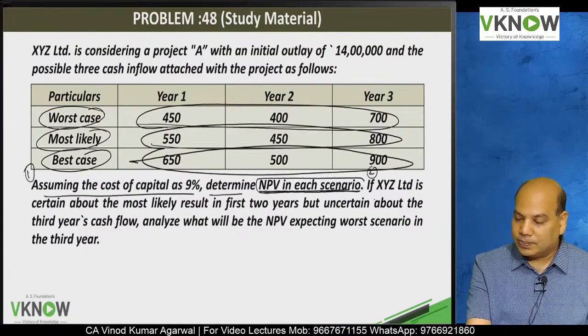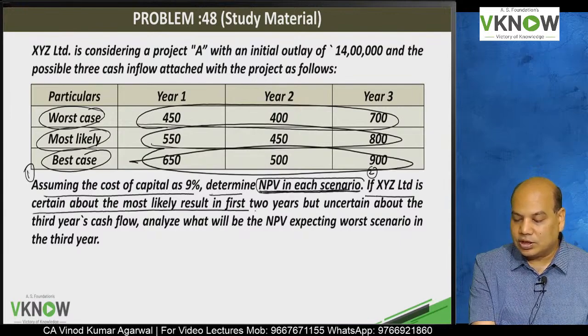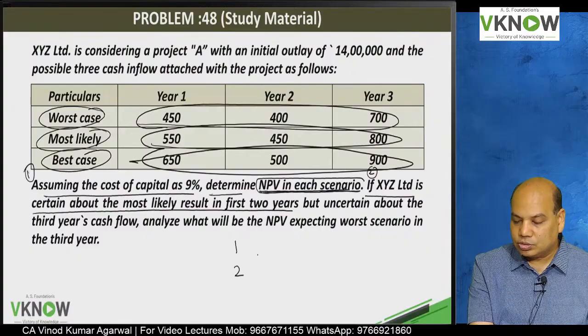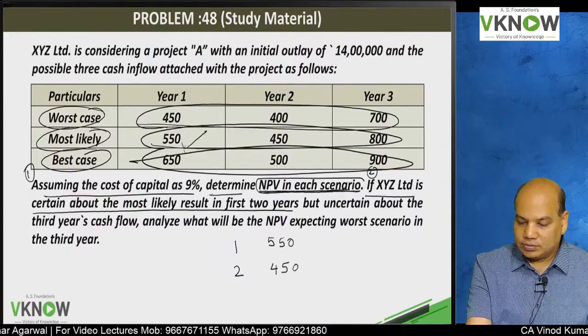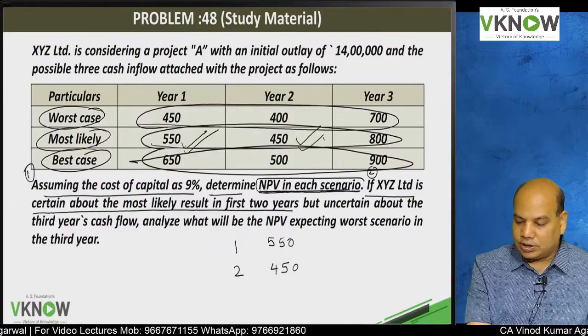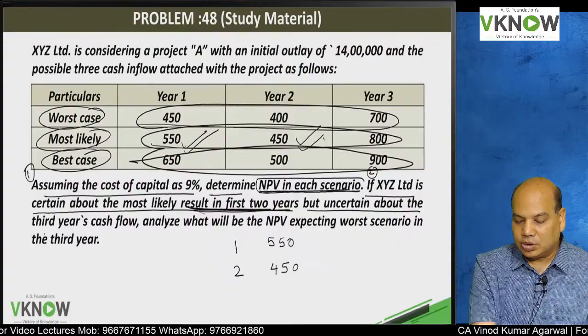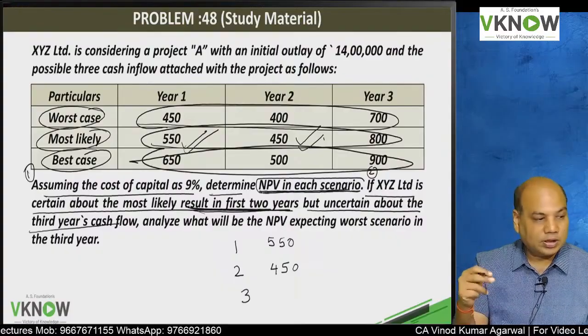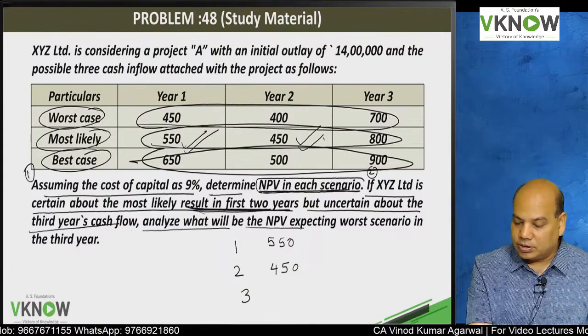Second question is, if XYZ Limited is certain about the most likely result in the first 2 years, means he is certain that we are going to get 550 and 450 in the first 2 years, that is certain, but uncertain about the third year cash flow. But we don't know what can be the third year cash flow. Analyze what the NPV will be,